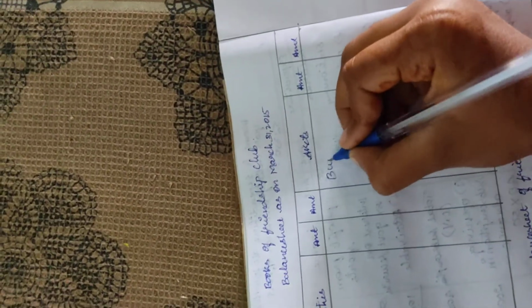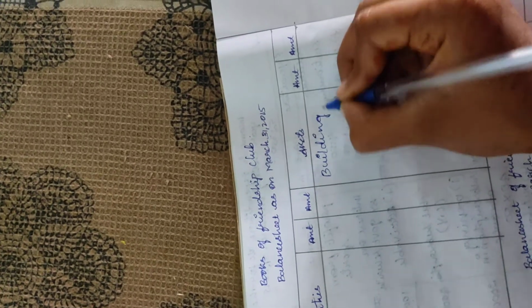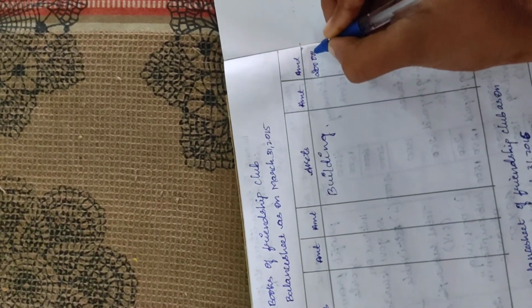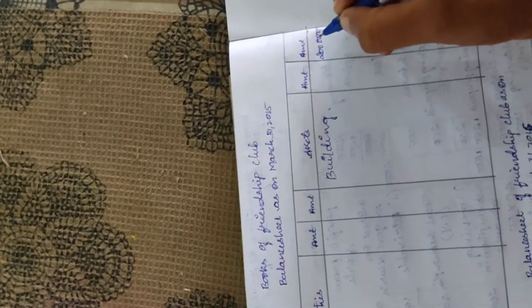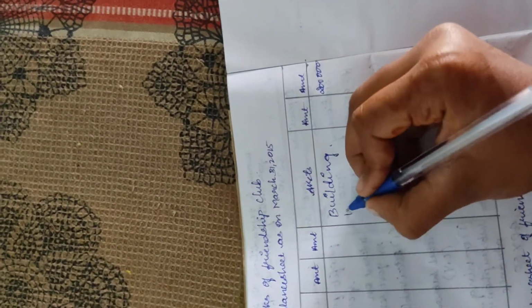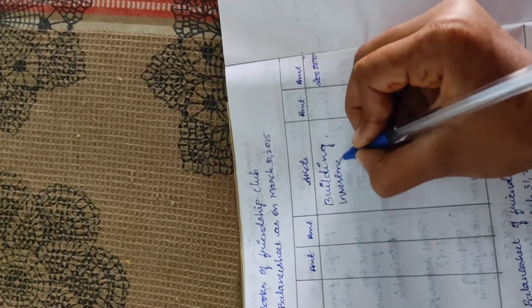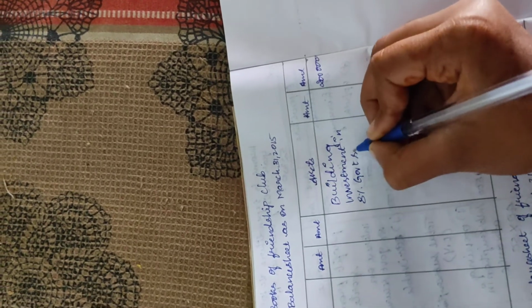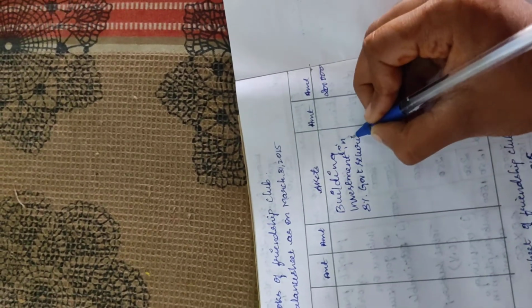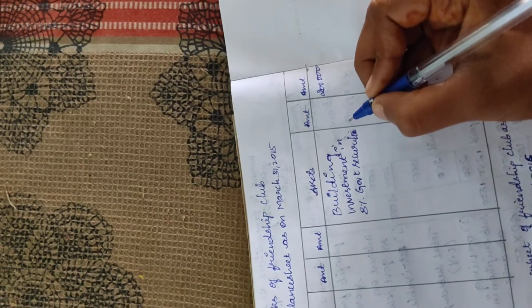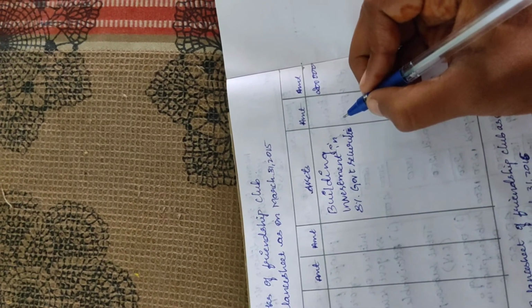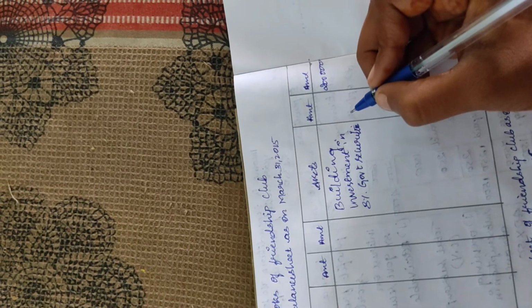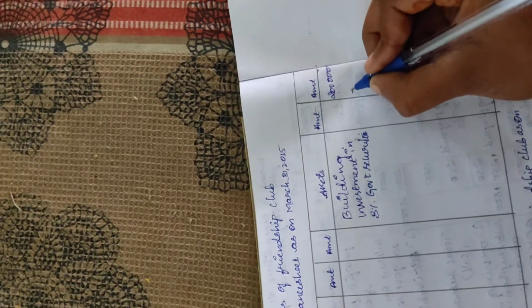So now the asset we have is building. How much? 2 lakh. See the 6th additional information, there we have building. Next, the investment in 8% government securities. See, only for the 2015 year, that is, see 7th additional information, value of 8% government securities on March 31st, 2015 was rupees 75,000. So we will transfer it to the asset side.